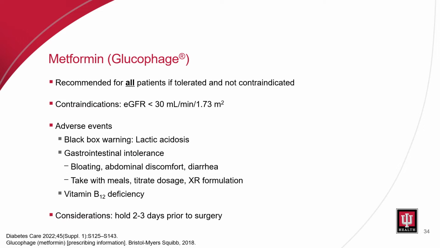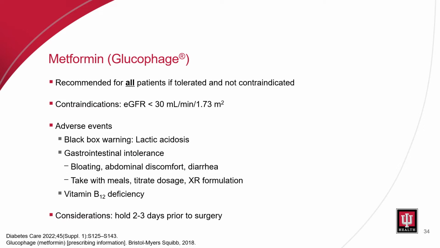Metformin is our biguanide. It improves insulin sensitivity, increases tissue uptake and utilization of glucose by muscle, and decreases hepatic production of glucose. This is recommended for all patients if they can tolerate it and it's not contraindicated. Some of the contraindications to consider is an eGFR of less than 30 mL per minute per 1.73 meters squared, and that is definitely the contraindication that I run into most often with patients if it's not just general intolerance